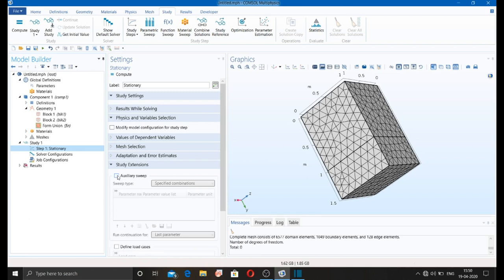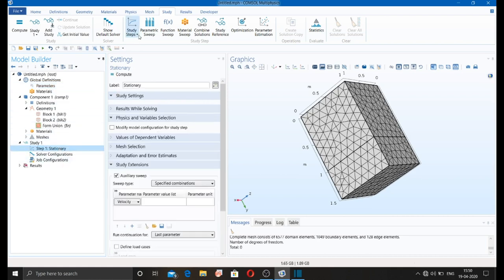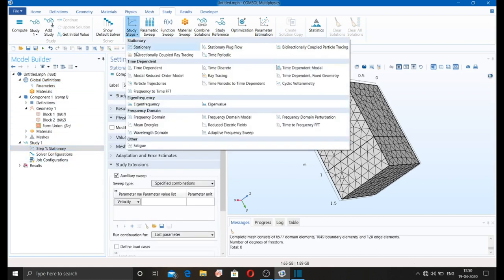You can do auxiliary sweep from here by selecting the velocity. This is the parameter. Or you can use steady studies like stationary plug flow, fatigue, eigenvalue, eigenfrequency, anything else.